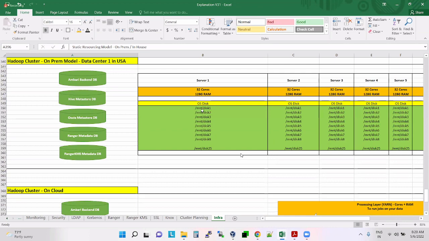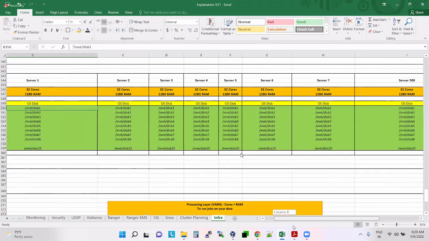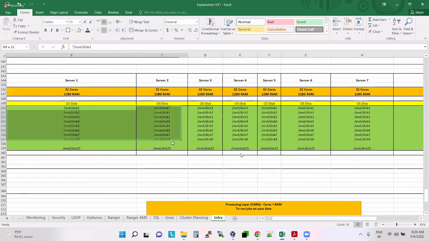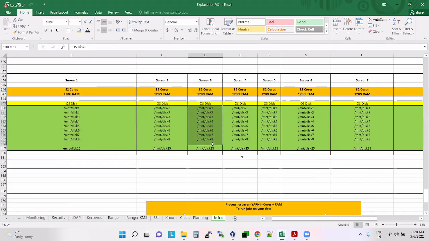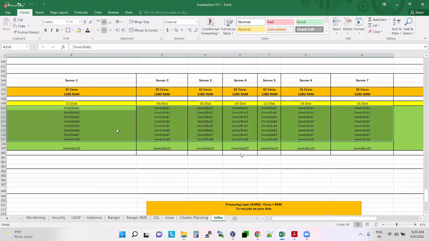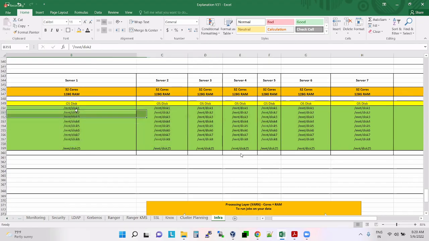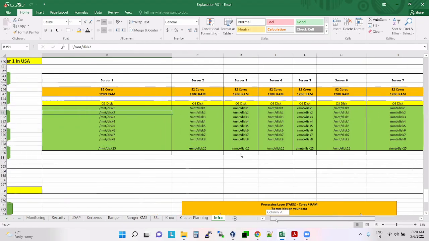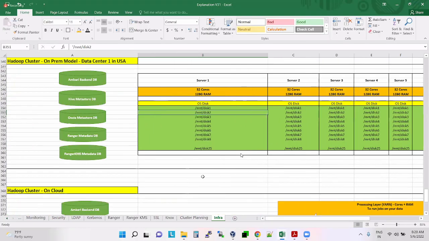Suppose these many cores and this much RAM we have, and we are not running so many jobs, can I reduce here? We cannot reduce the hardware, right? Suppose, can you add new VMs, new servers, to the Hadoop cluster in the morning, or in the evening you delete?